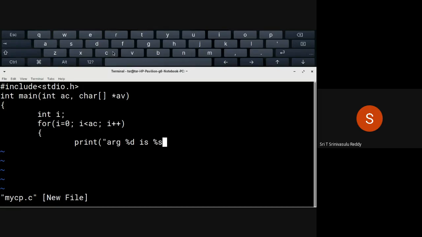So percent S, then new line, and you'll have to specify comma. First, what is the argument number? I is the number, the ith argument, I is an integer. And then percent S. How is it available? In the form of argument vector. AV is the name. AV of I, the ith argument. Like this, you can specify.